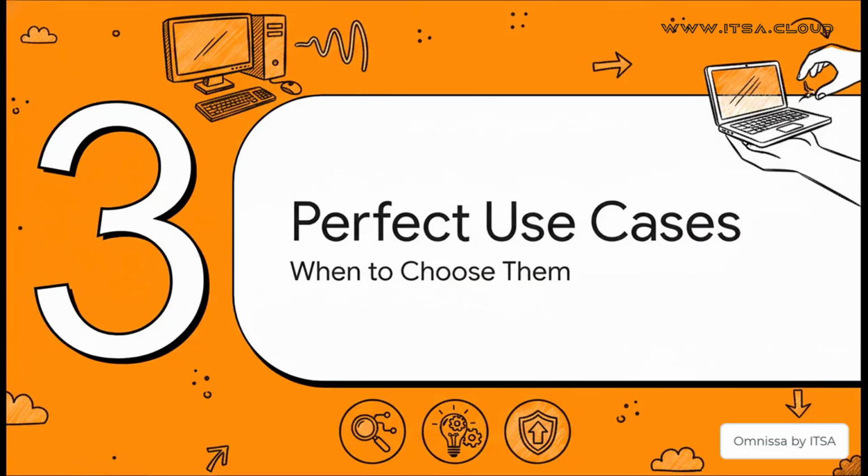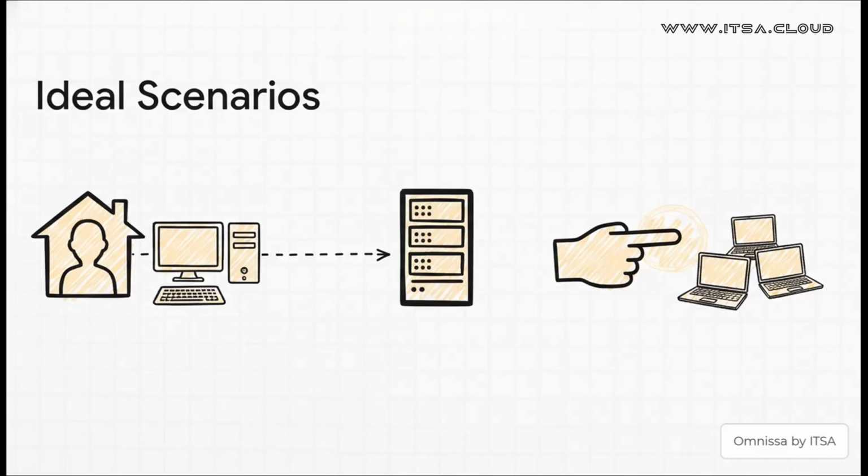So now that we know what it is and how to get it going, let's talk about the big question. When should you actually use this? Figuring out the right use cases is, well, key to getting the most out of this thing. The best scenarios really go right back to our original problem. It's absolutely perfect for that teleworker who needs their specific machine in the office. It's also fantastic for any persistent machines you have that just don't happen to live in vSphere. Bottom line, anytime you need to create a secure one-to-one connection for a user to a specific pre-existing computer, this is going to be your go-to.